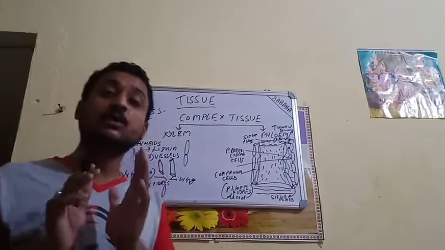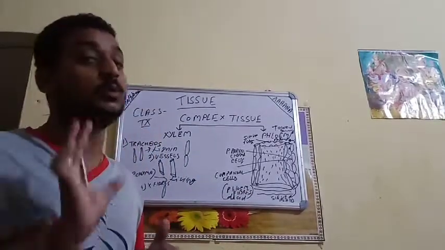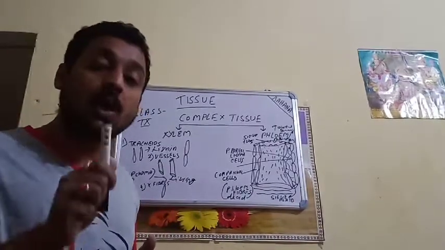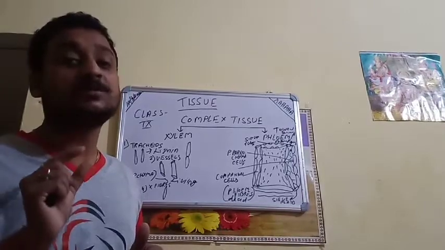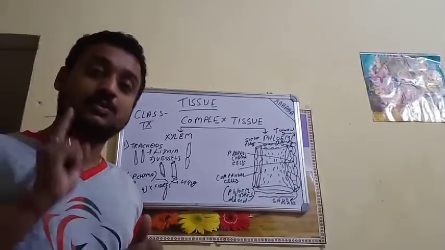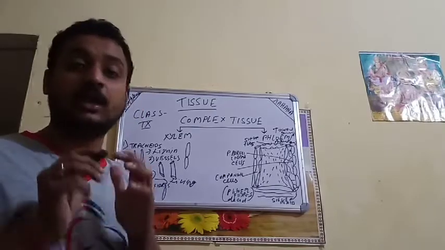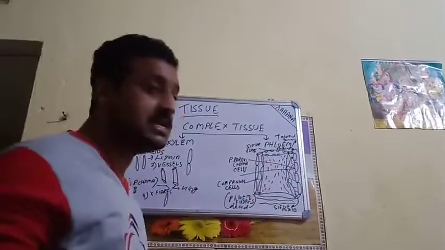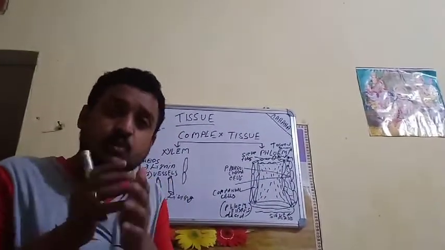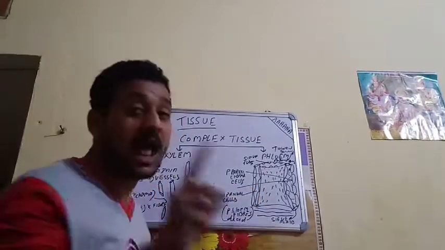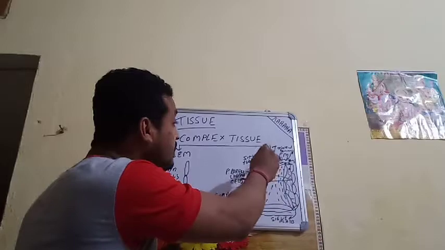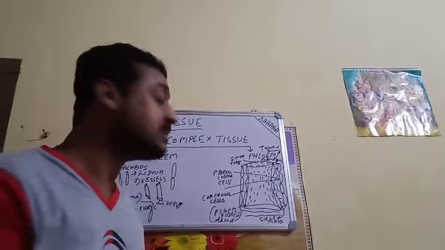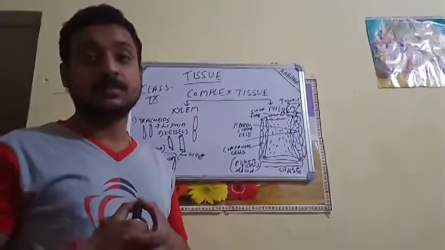I repeat, the sieve tubes at their young age may or may not have the nucleus. But when they mature, they will lose the nucleus. The reason is only one, so as to increase their space for the transport of the food. Now, going to the next, companion cells. The sieve tubes and companion cells are very close to each other. The companion cells will have the nucleus so as to carry out the metabolic function of the sieve tubes. That's the reason why the sieve tubes and the companion cells are known as sister cells.